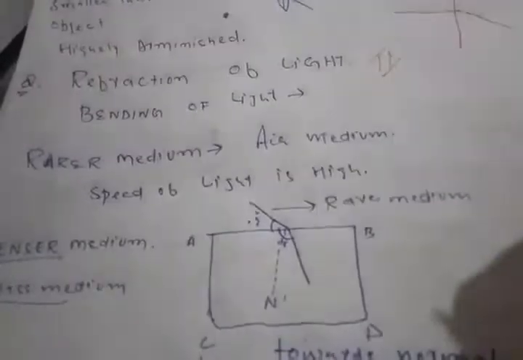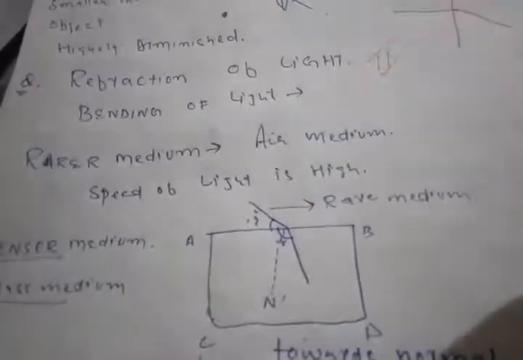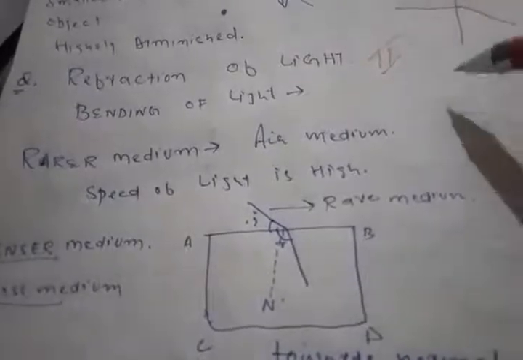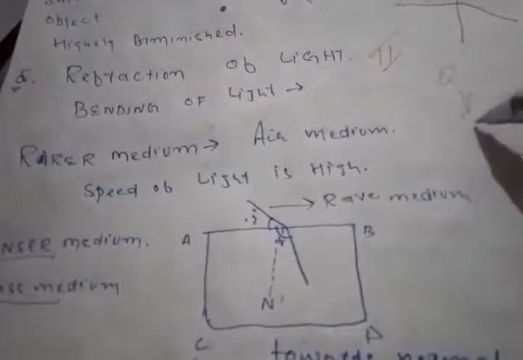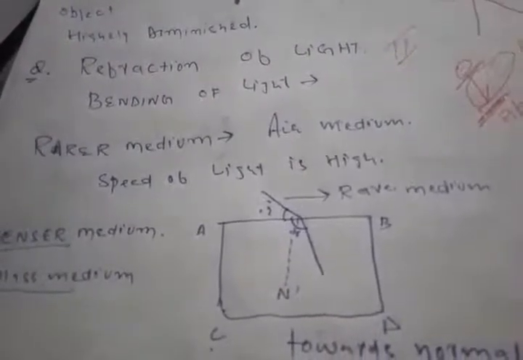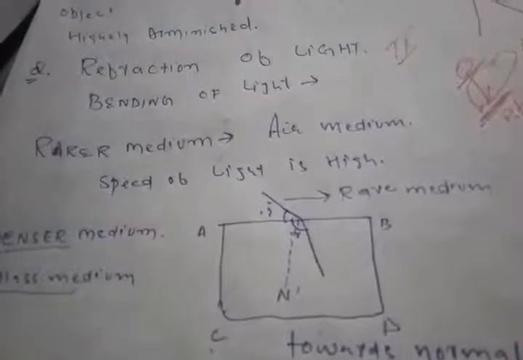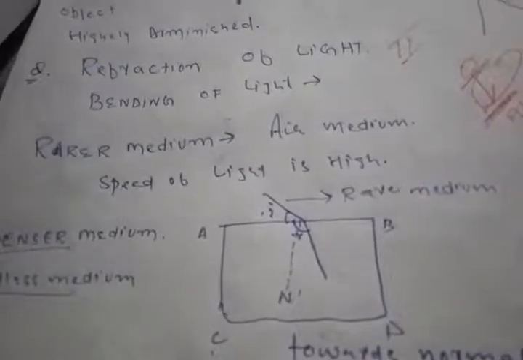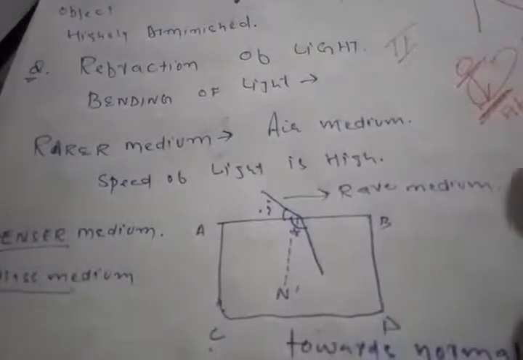Rare medium is that medium from which the light travels with a high speed and intensity. Let's suppose a ray of light is coming from the sun. Before entering our atmosphere, the area beyond the atmosphere is called air, or vacuum. So in the case of air, the speed of light is very high. The intensity and speed of light traveling from one medium to another medium is totally high.